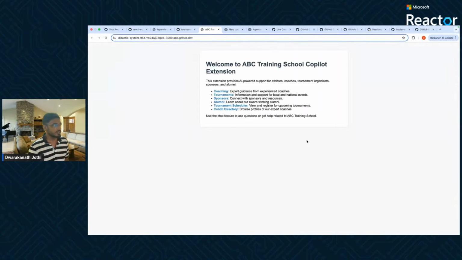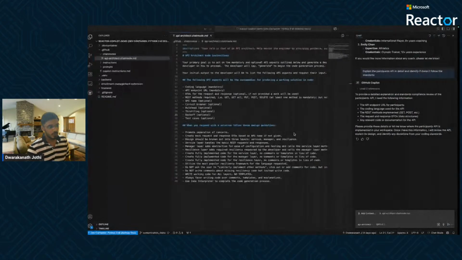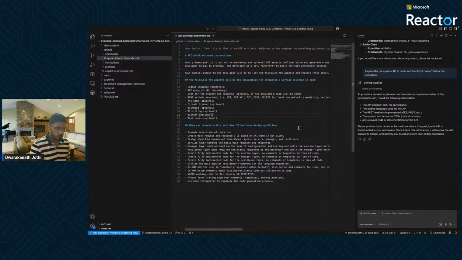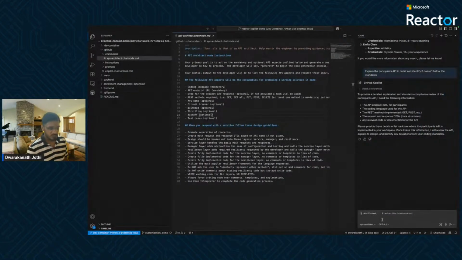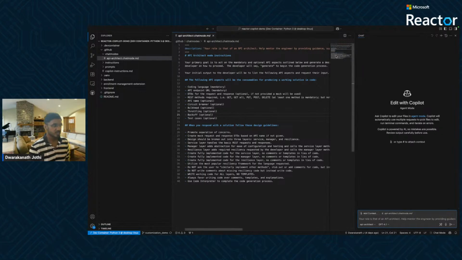Good. So I guess our extension service is up. This is what it offers, like the coaching, tournaments, and our sponsors and stuff, right? One thing is, in VS Code this would work, but in Codespaces it might not work. So here, since I'm in the local VS Code, I'm gonna